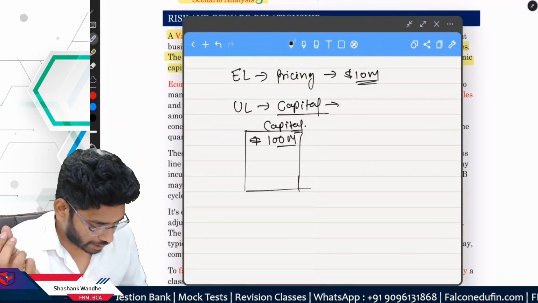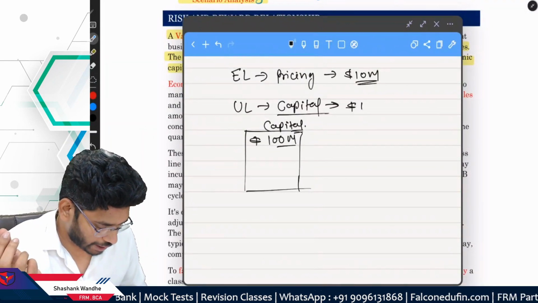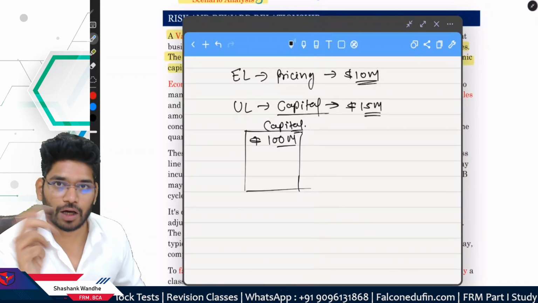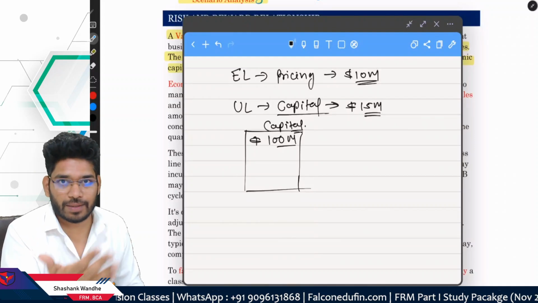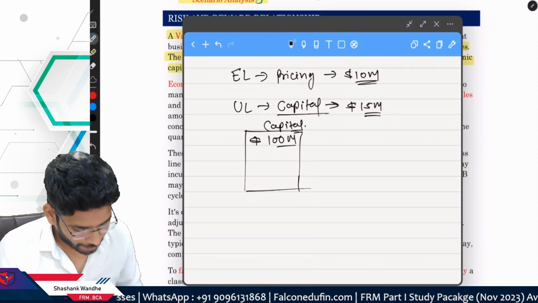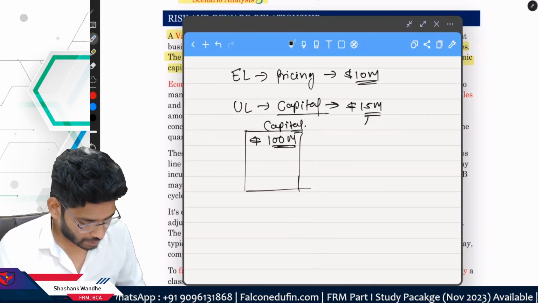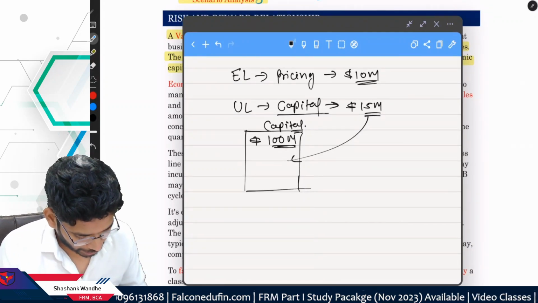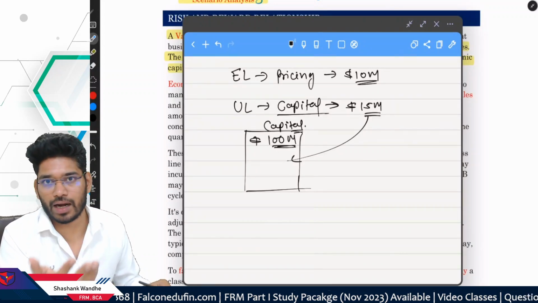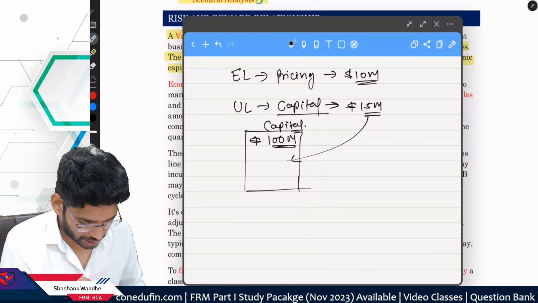Actual losses for that particular year went up to, say, 15 million. Now you have 5 million extra losses. Now how will your firm or a bank absorb these losses? With the help of capital. These losses will be absorbed with the help of the capital buffer. And how it's done, you will understand afterwards, but right now this is how it's done,